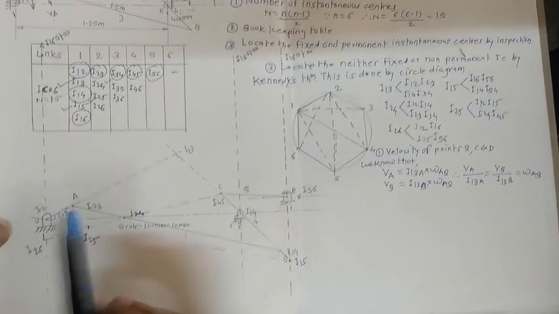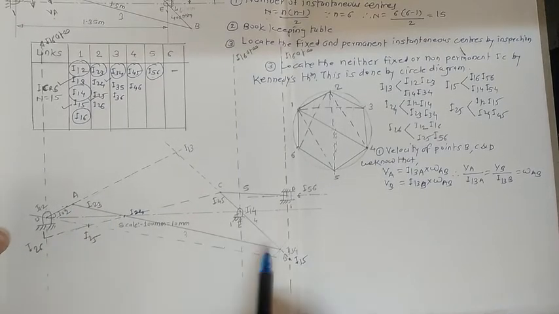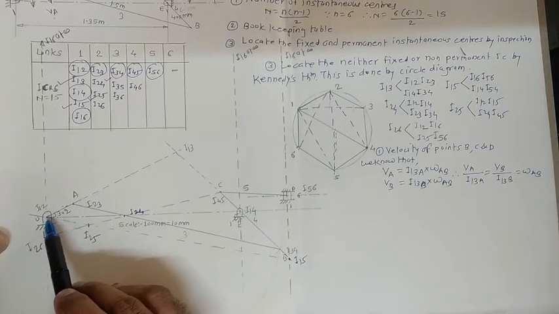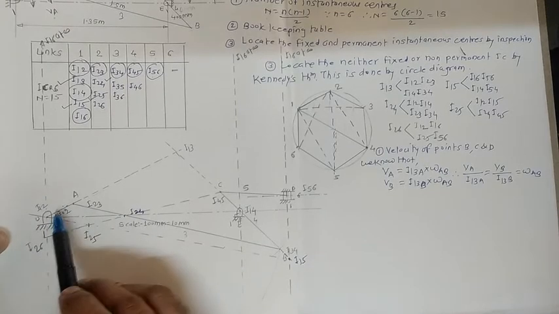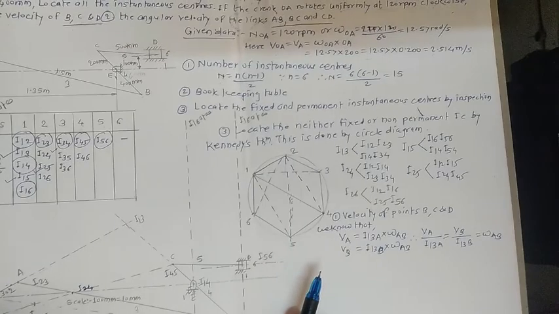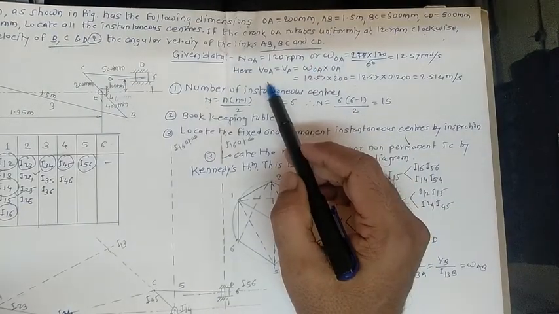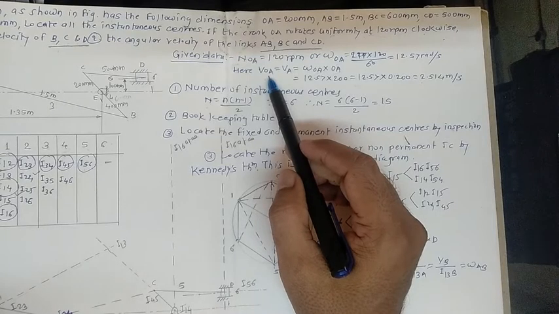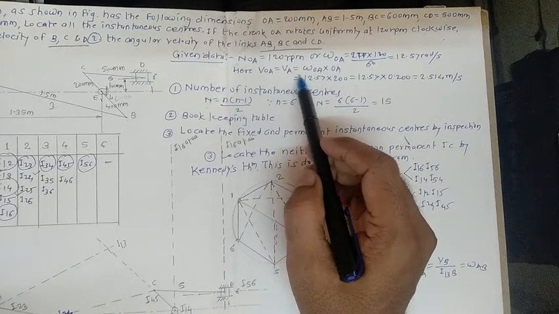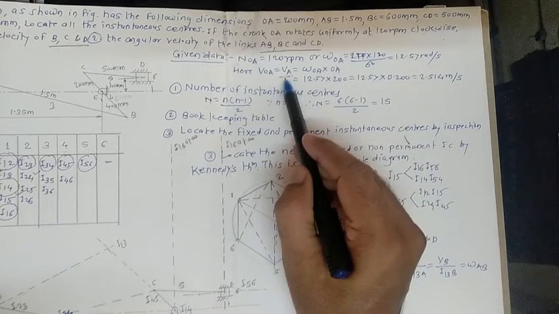Now one thing is clear here: the A point is common between link AB and link OA. So we can develop the relation for the same. Already in the very first step, we get the information regarding the linear velocity of link OA, with the help of this relation, VA equals omega OA multiplied by OA. So here we can already get the value for VA.